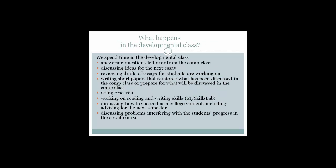Okay, so let's talk about what happens in the developmental portion of the class. I think this is where the success of the program really happens, and that's one of the things I'll be discussing in a few minutes, is how successful ALP programs are as far as pass rates are concerned, and also the progress of the students, okay? So let's just talk about what I do sometimes in my developmental class, but let me give you the big picture first, okay? If you look at the very last bullet, discussing problems interfering with the student's progress in the